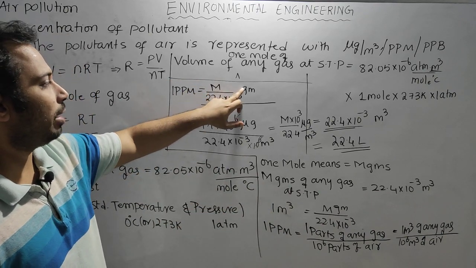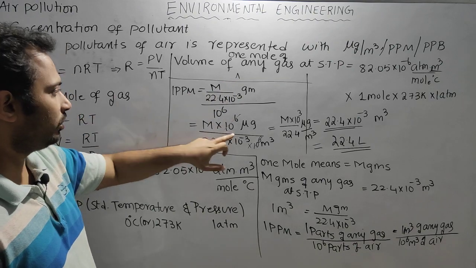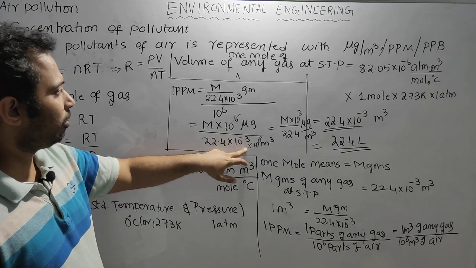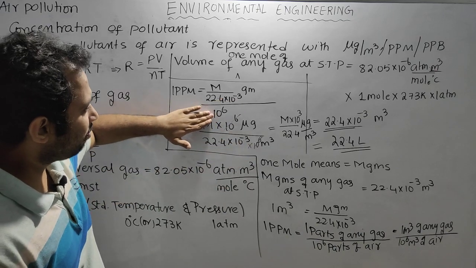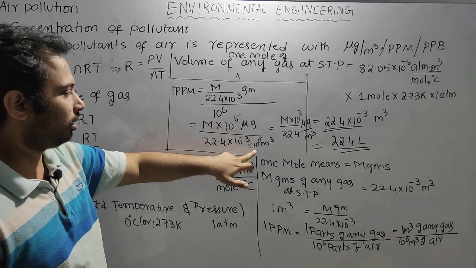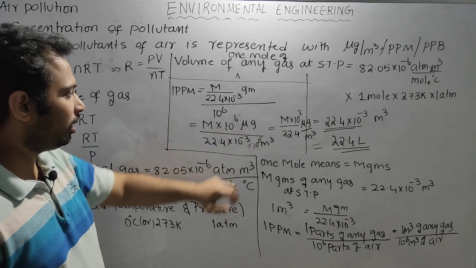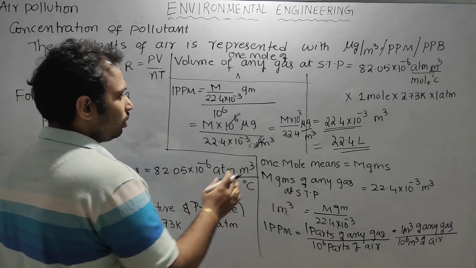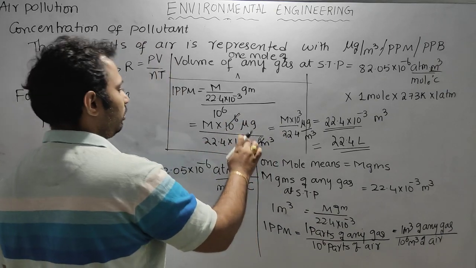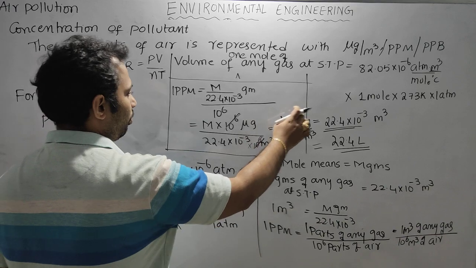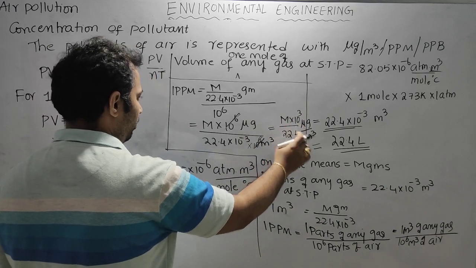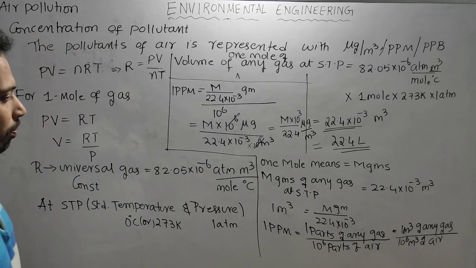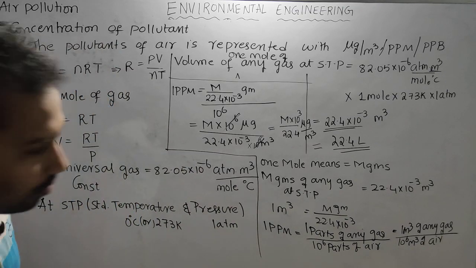So this gram I am converting into microgram, that is I am multiplying it with 10 to the power of 6. 22.4 and 10 to the power of minus 3 remain the same. The 10 to the power of 6 goes to the denominator, so again 10 to the power of 6 comes here, and the two 10 to the power of 6 cancel. So m into 10 to the power of minus 3 goes up. So m into 10 to the power of 3 by 22.4 microgram per meter cube is equal to 1 parts per million. So 1 parts per million is nothing but